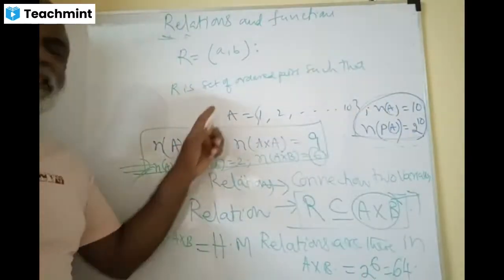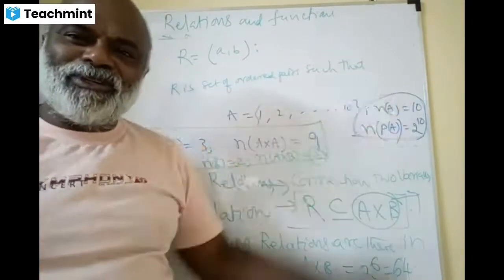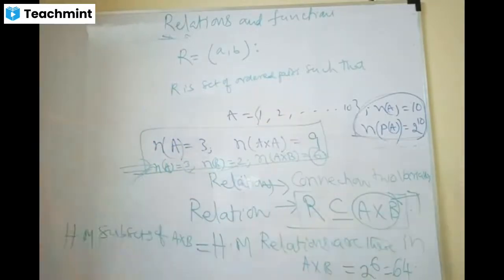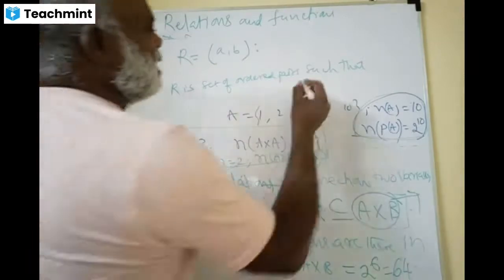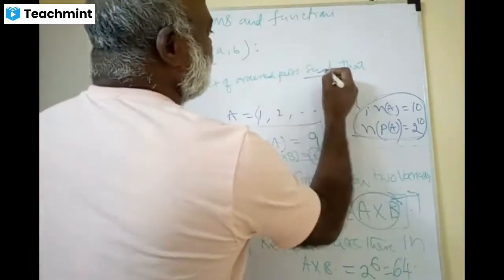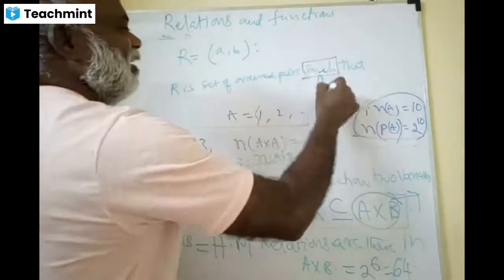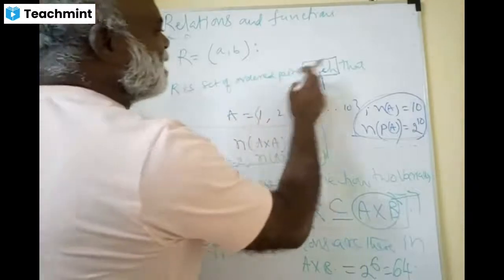Are you able to see the small writing I am writing on the board? Are they visible to you? You are able to read from there, right? Great. So what is this word? Such. Brilliant. So R is a set of ordered pairs such that